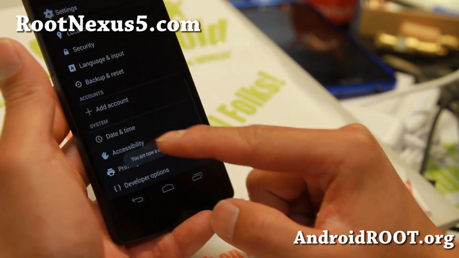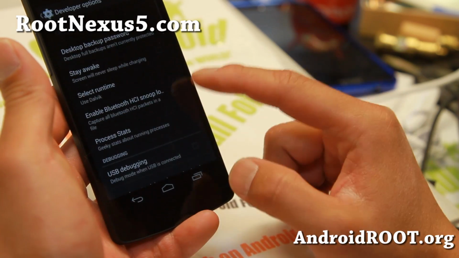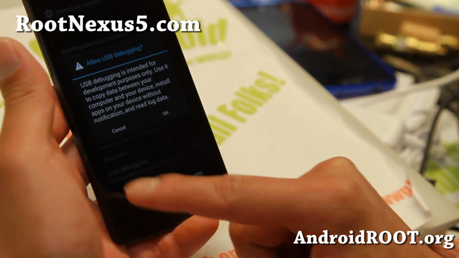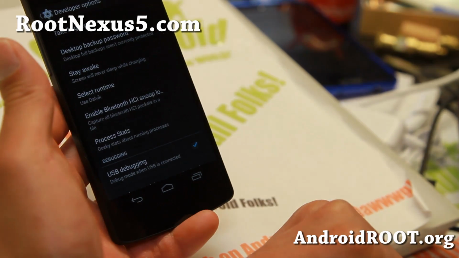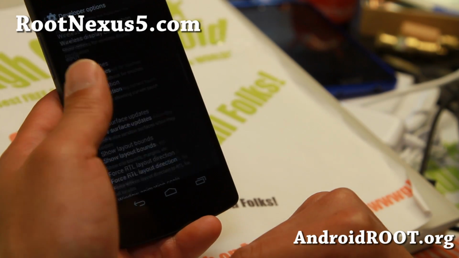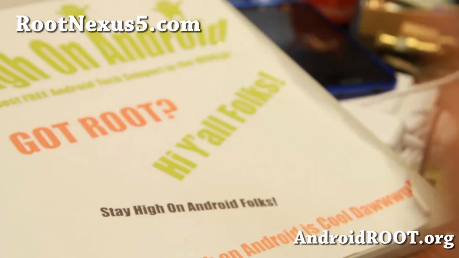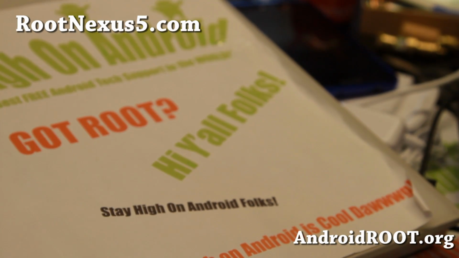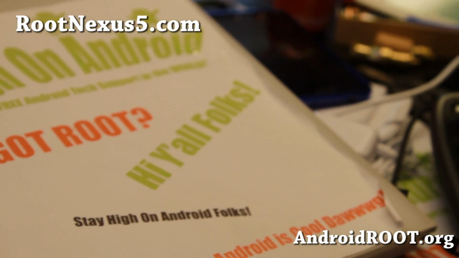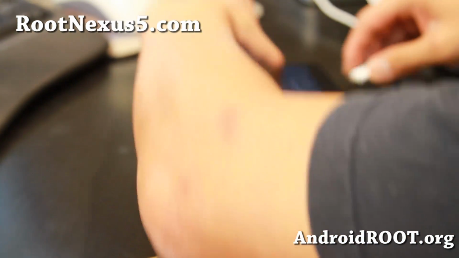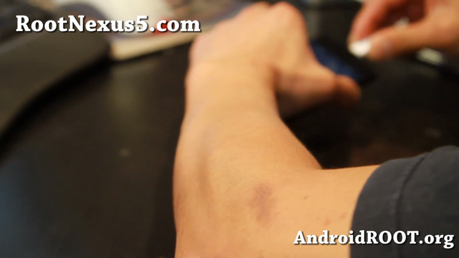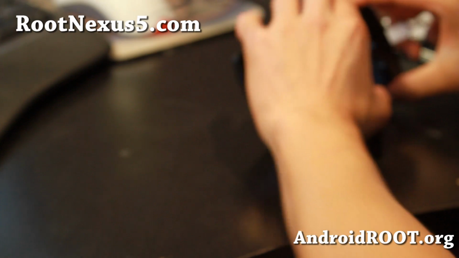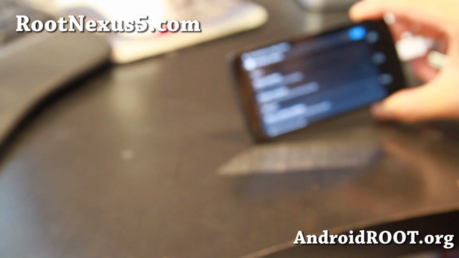Alright, hit the back button, go to developer options, and turn USB debugging on. Then you'll have to connect it back to your computer, and it should pop up the USB thing that I was talking about earlier. We're just gonna have to do this because of my USB port, which is gonna be on this side, so I can actually show you stuff. I'm going to go ahead and connect it, and it will ask you,